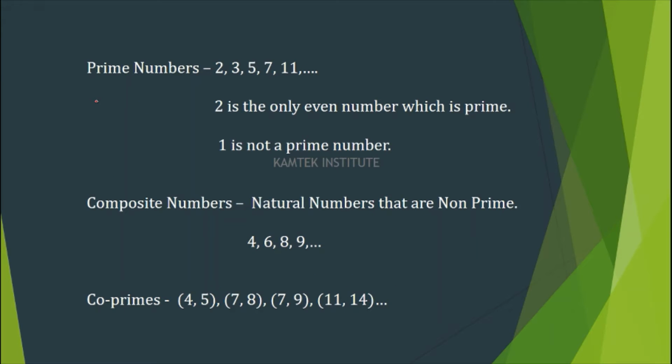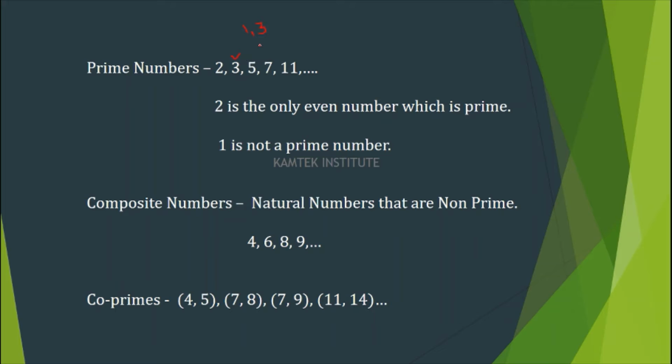So let us come to prime numbers. What are prime numbers? If a number is having two factors only, that is the number itself and 1, then it is called a prime number. Now if we take the example of 2, 2 is divisible either by 1 or it is divisible by 2. So it has got two factors. So 2 is a prime number. Now we take the example of 3. 3 is either divisible by 1, it has got a factor 1, or it has got 3 as the other factor. So it is again a prime number.